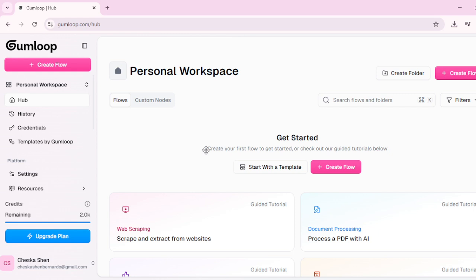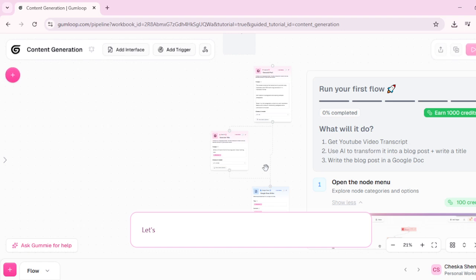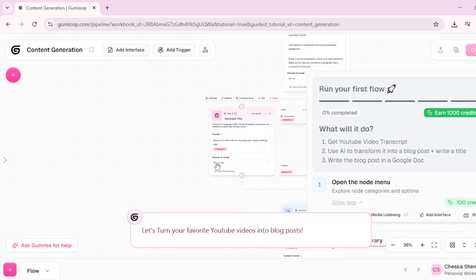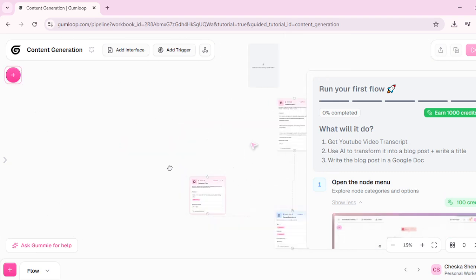First, you'll want to navigate to the settings section of your blog platform. Here, you're typically looking for an option labeled Developer or API Access. What we're after is generating an API key that will allow Gumloop to communicate directly with your account. This step is crucial because it creates a secure pathway for automation. Make sure to note your API key down in a safe place because we're going to need it in just